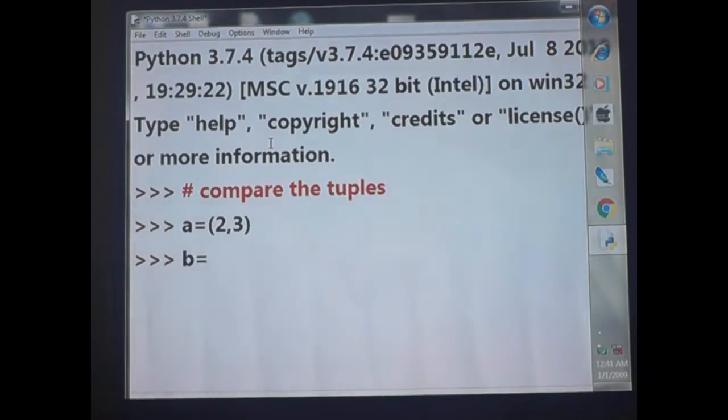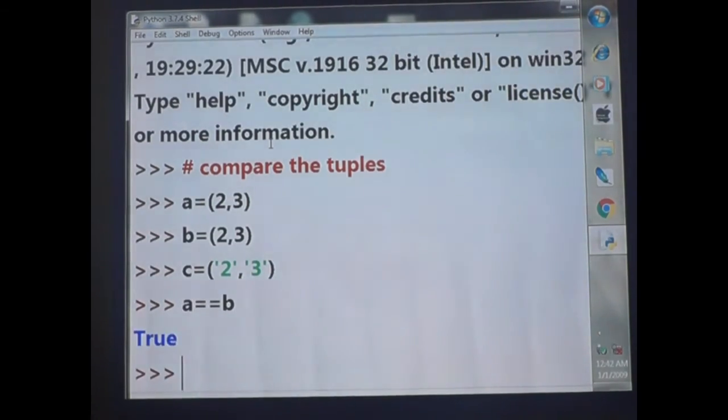Then B is equal to the same, 2 comma 3. Then C is equal to single quotes 2, comma single quotes 3. Now listen, A equal to B. Are they equal? Yes, equal, it is true, because both are 2 comma 3 and 2 comma 3.